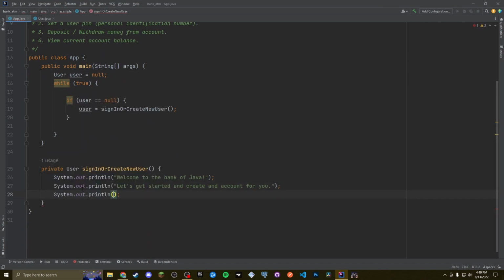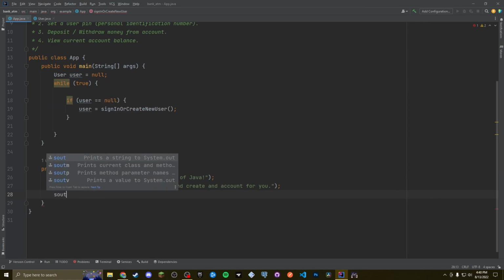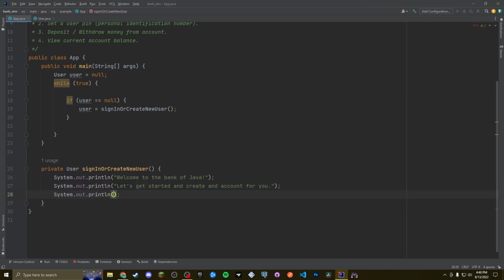And then, by the way, if you want to do this, like I'm doing the shorthand version, just type in sout and then tab. It'll do system out dot println. Just a little quality of life thing for you guys there. So from there, we'll ask some questions. What's your first name? And then from here, we can do